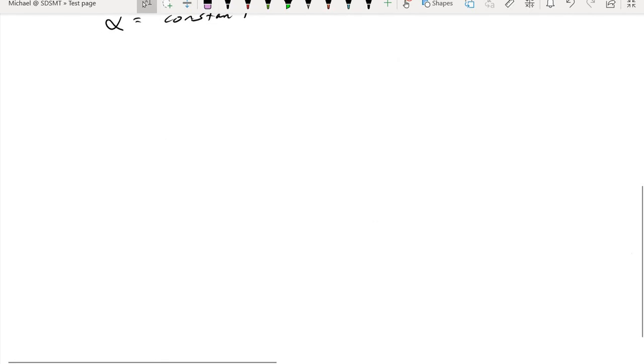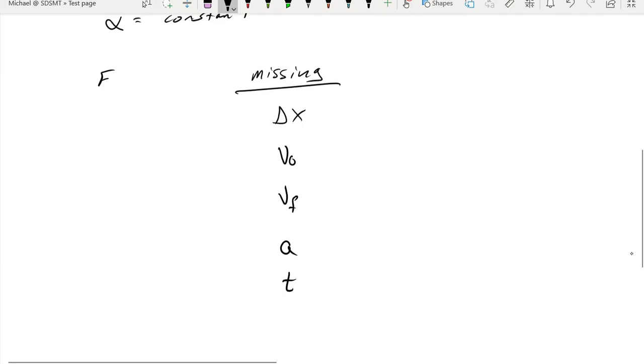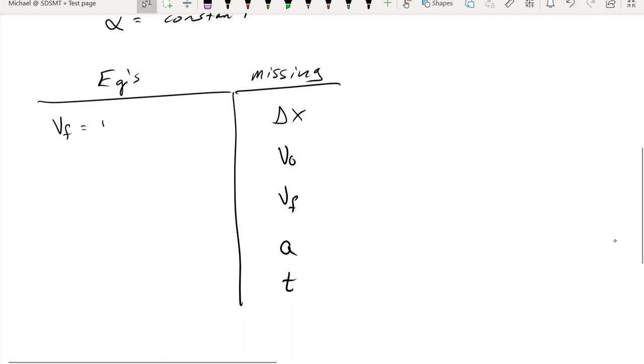If we take the 5 kinematic equations as they were back in chapter 2, I'm going to list out the 5 kinematic variables that we had. And then I'll write out the equations. So remember, each equation had one variable that was missing. And so the first equation looked something like this. The next equation had to leave out v initial, so that would be v final t minus half at squared. The next one,